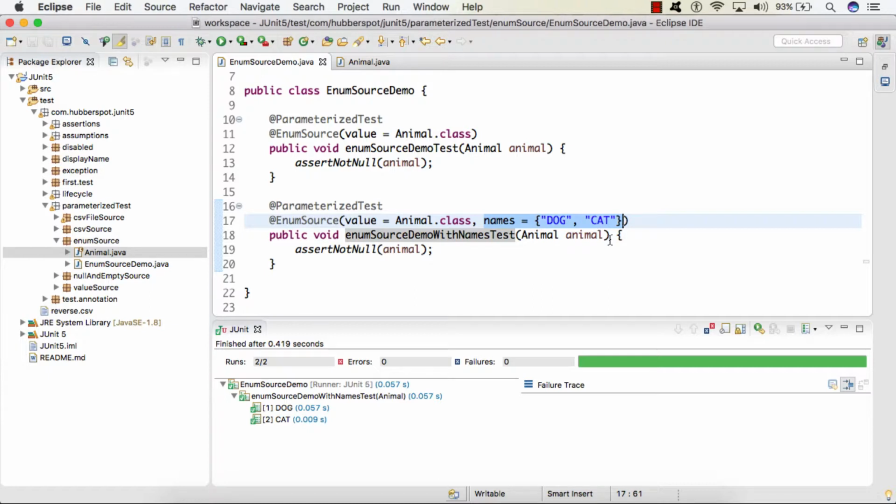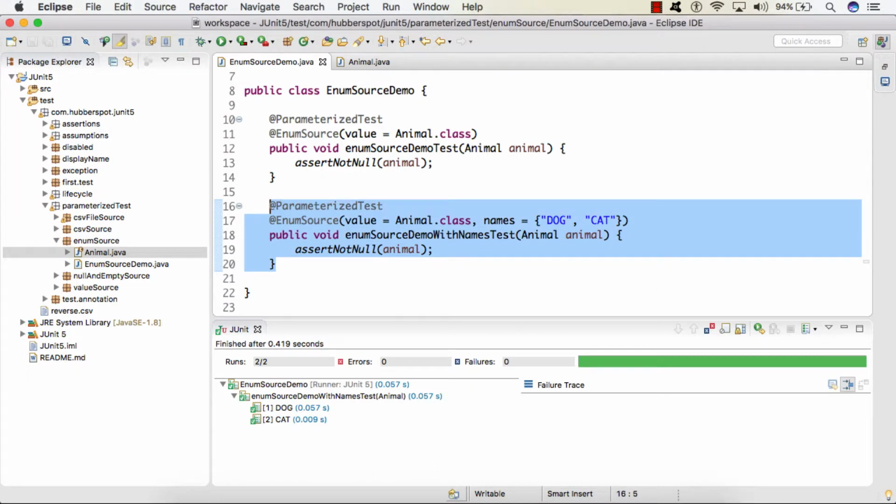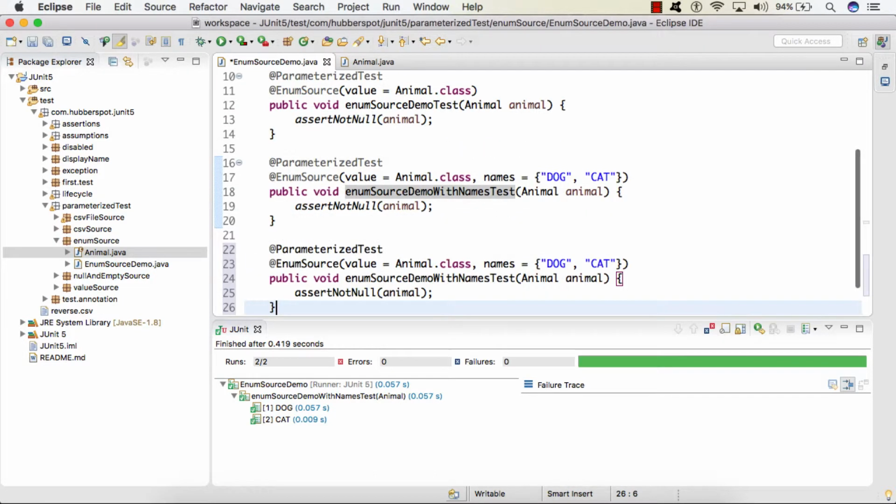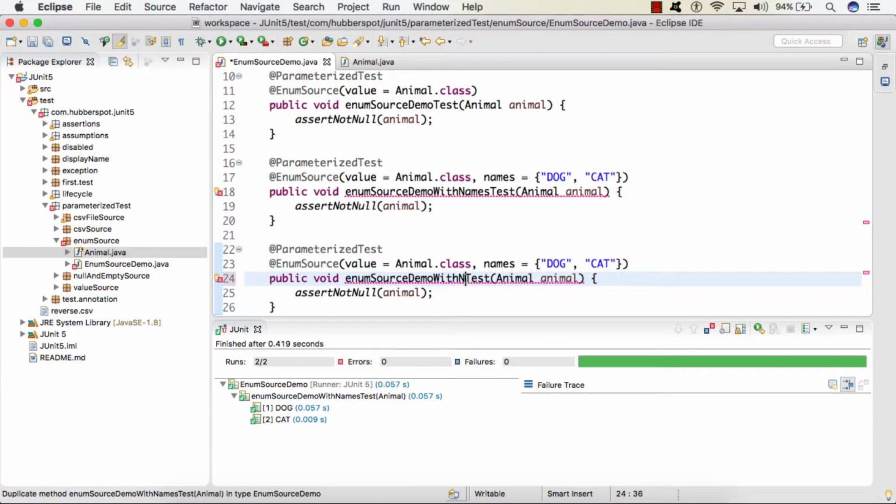And also friends, in the last lecture we discussed that @EnumSource has two modes. One is match all and the other is exclude. So we'll see the demonstration of those. Let's say I change the test to enumSourceDemoWithExcludeMode.